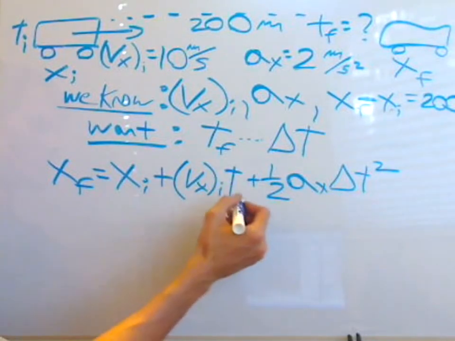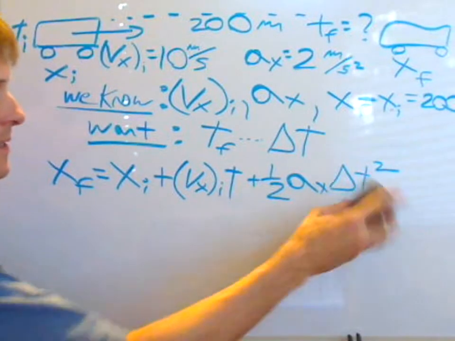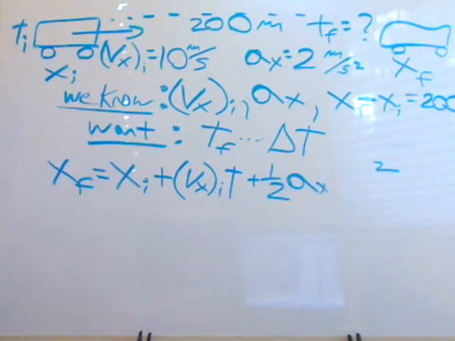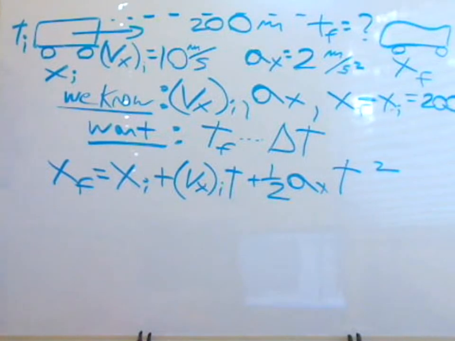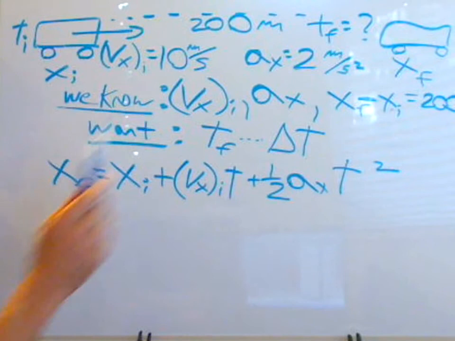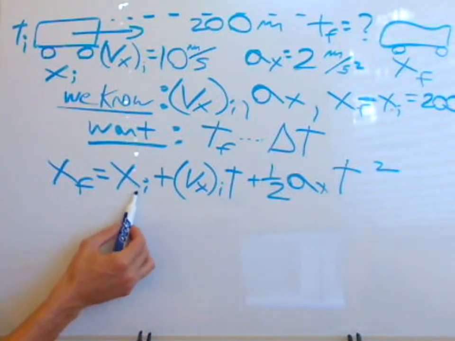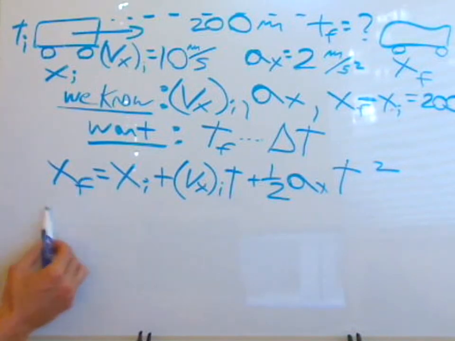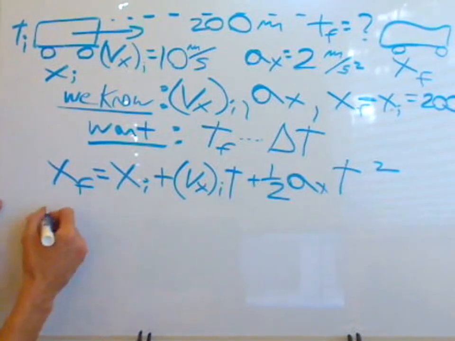I should say we're going to just make it all final time here, to make it a little bit easier. We have the acceleration, that's one of our givens, and then there's our time appearing again. Okay, so let's plug in the stuff that we know. If we subtract both sides by this, we get x final minus x initial on this side, and that's what we were given, which is 200 meters. So we get 200,